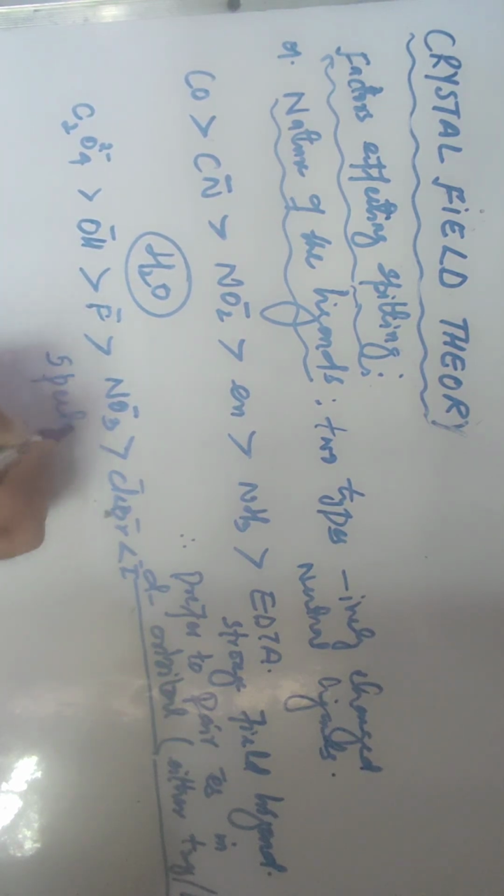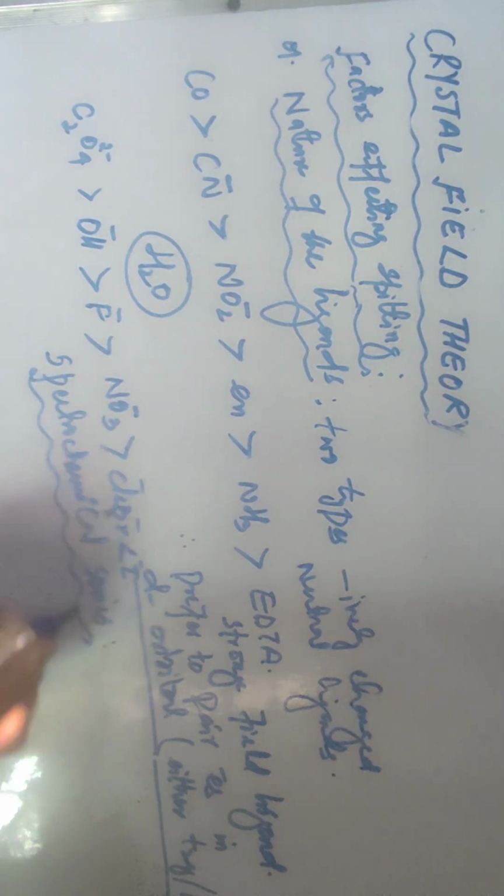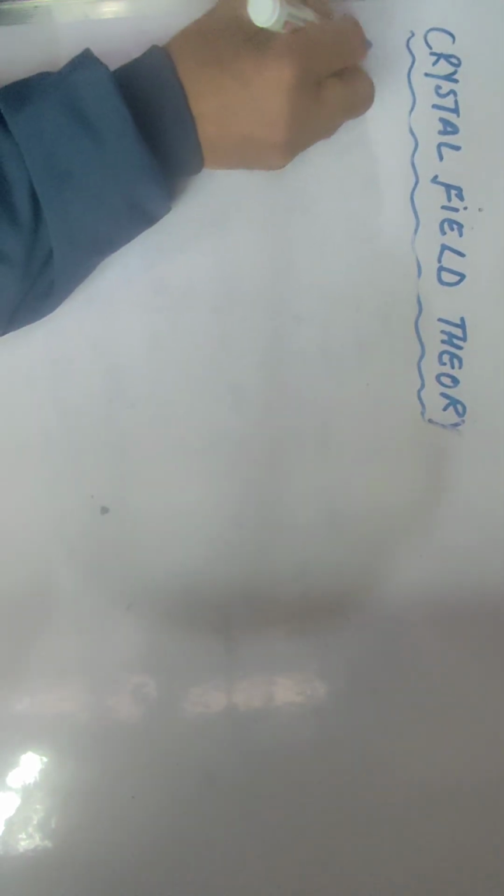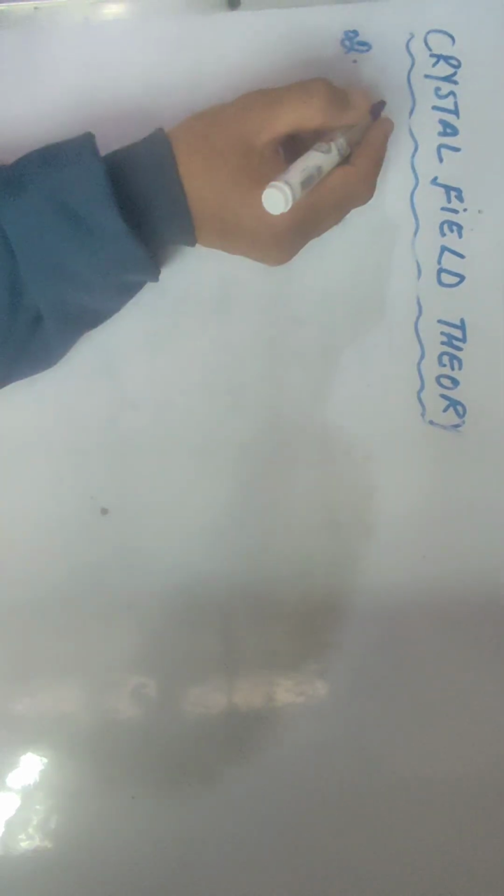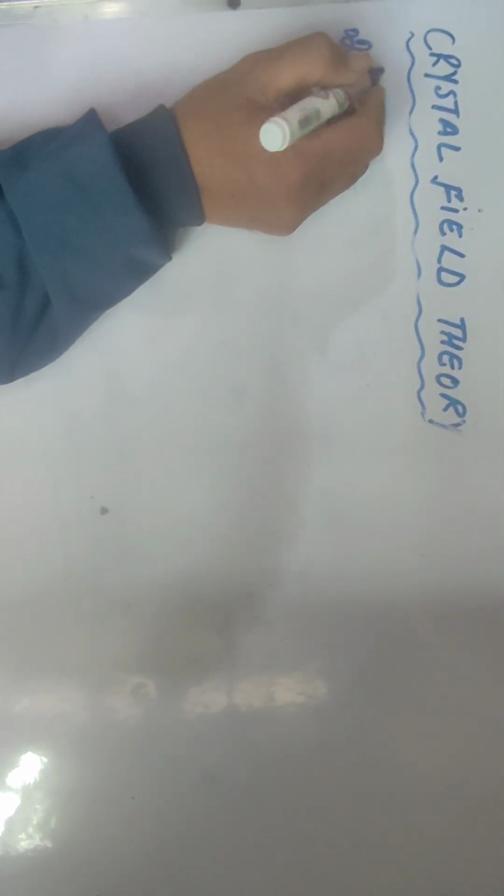The spectrochemical series of ligands is the arrangement of ligands in order of their increasing splitting ability. Actually these ligands are arranged on the basis of their electronegativity and negative charge. Factors: now the second factor is, since the splitting also depends on the nature of the metal atom,